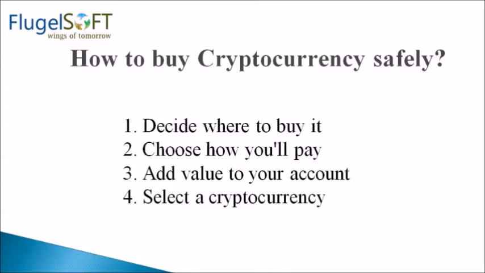Then let us come to the last topic for this video, that is how to buy cryptocurrency safely. So buying cryptocurrencies securely involves 4 basic steps. Number 1, decide where to buy it. There are many ways to buy cryptocurrencies safely, though the most accessible method for beginners is likely to be a centralized exchange. Centralized exchanges act as the third party overseeing transactions to give customers confidence that they are getting what they pay for. So these exchanges typically sell crypto at market rates and they make money on fees for various